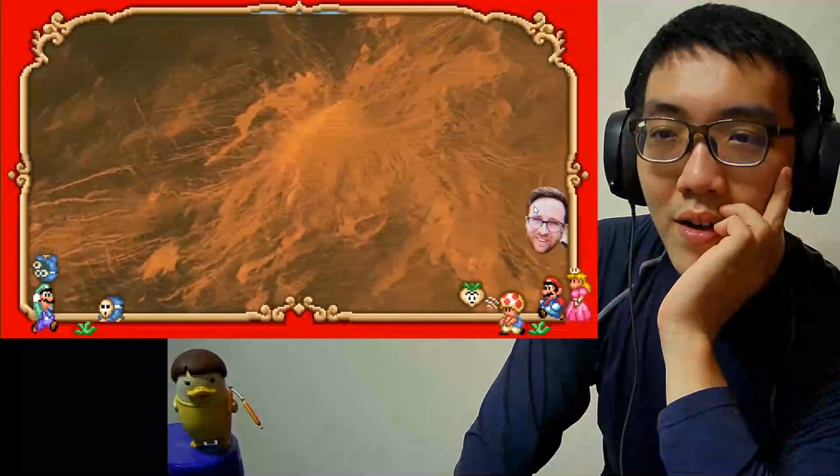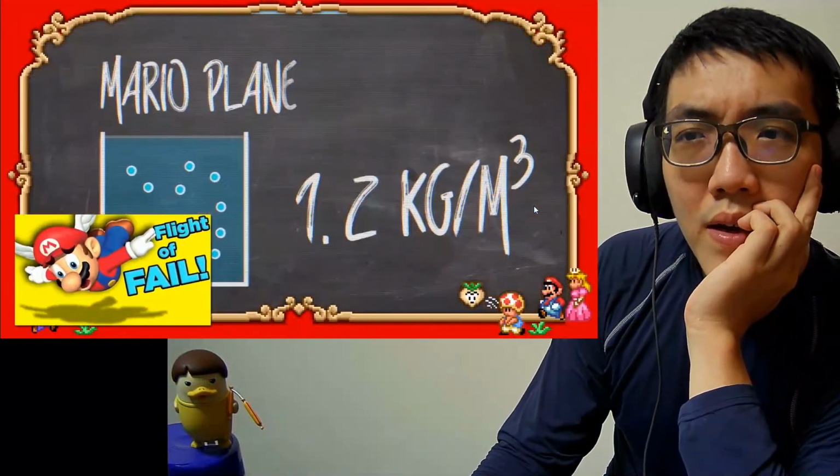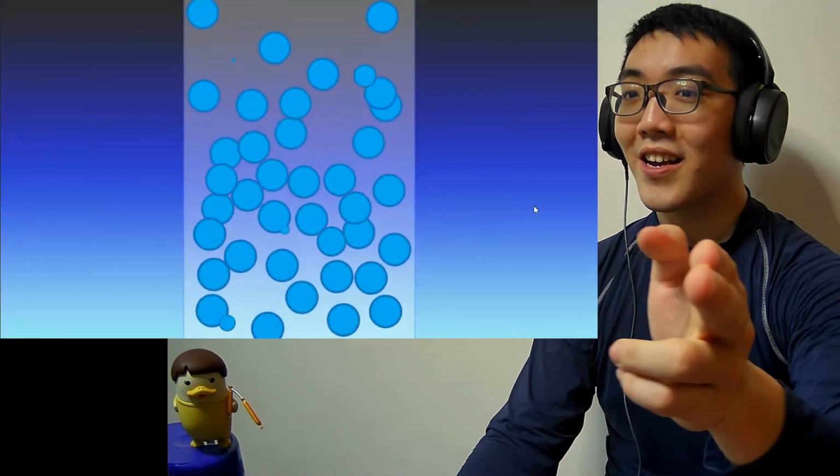And it's actually a solution that I mentioned over 2 years ago in my Mario Flight episode, and it is this: air density. If we up the atmospheric air density, we...